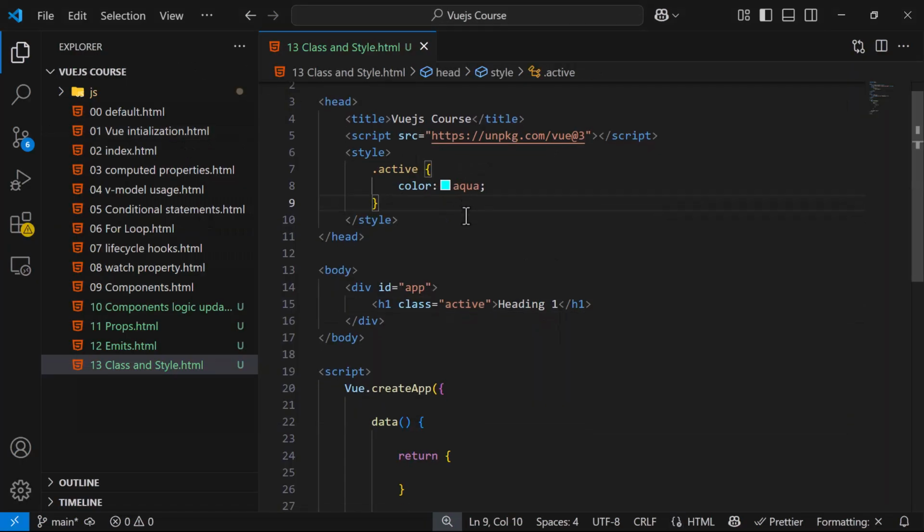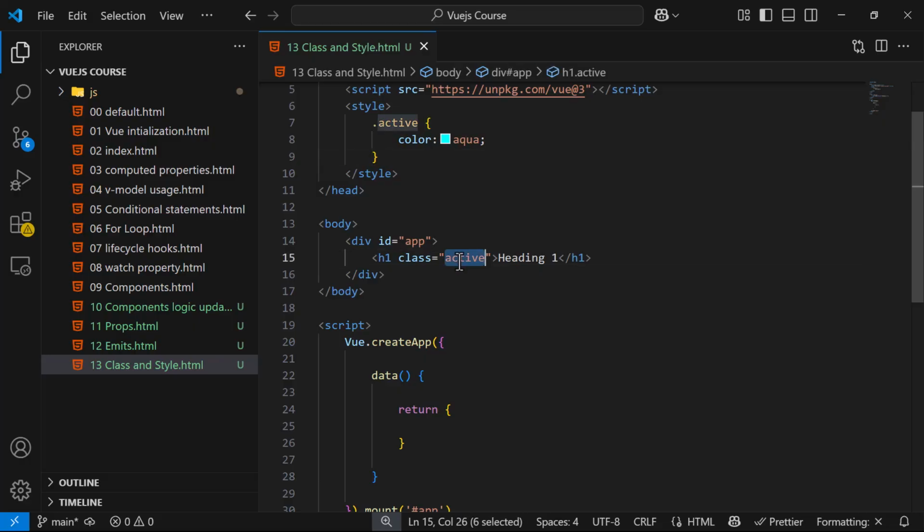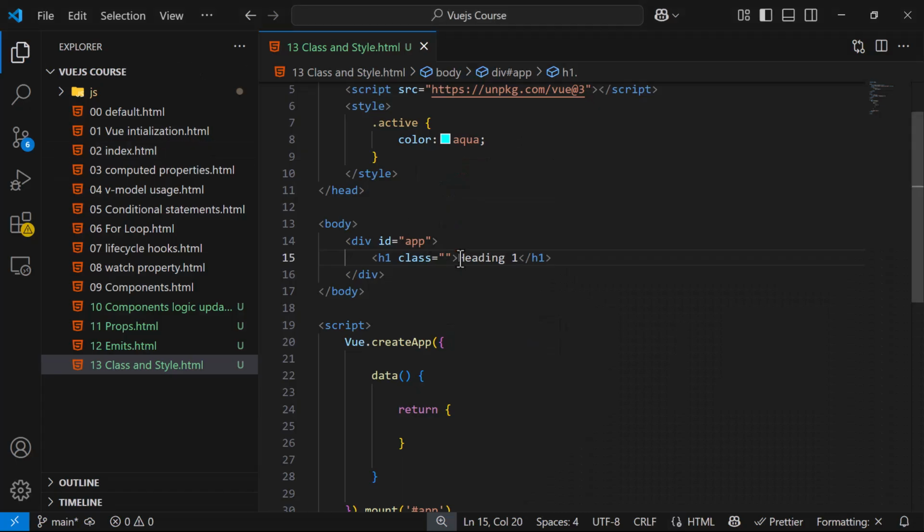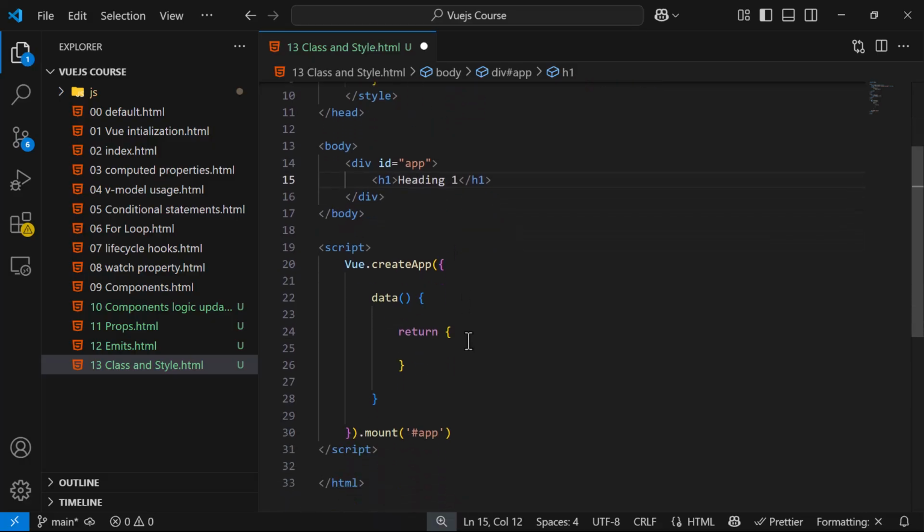But now the question arises: how can we achieve that using Vue.js, right? I'm going to remove that class, and you can see it's not applying now. So how do we achieve that in Vue.js? Let's remove that, and in Vue.js you need to create a variable. You need to create a reactive property. So you need to come into the data object and then return an object here, and then you need to create